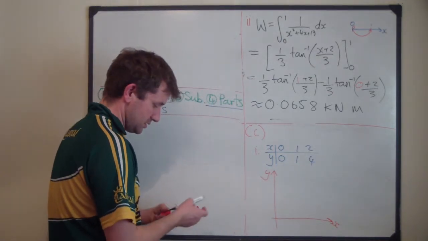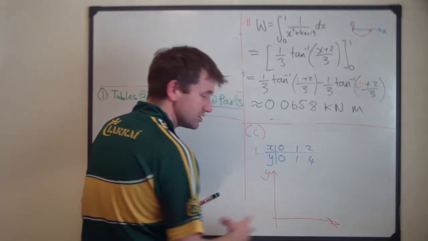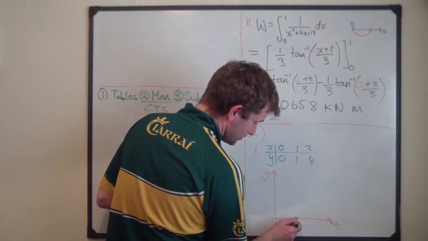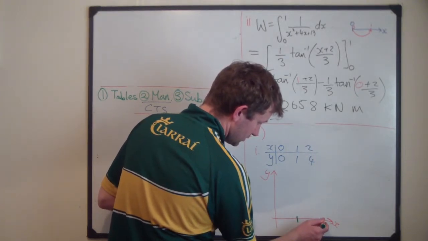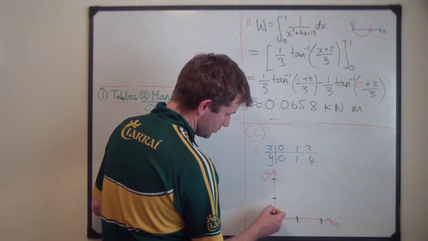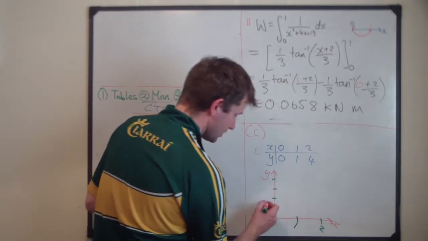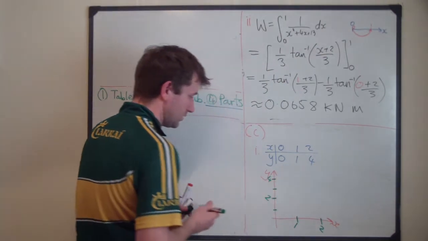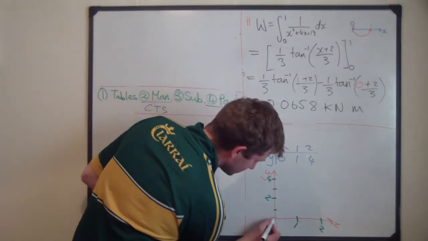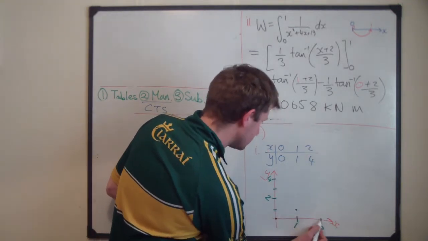So let's see. Let's get some kind of a scale going. It's nice to use the same scale, but not completely necessary. So let's say 0, 1, 2, and 4, 2, 1, 3. Okay. 1, 2, 2, 4. That's a handy scale. And let's look at some points. So 0, 0, 1, 1, 2, 4,